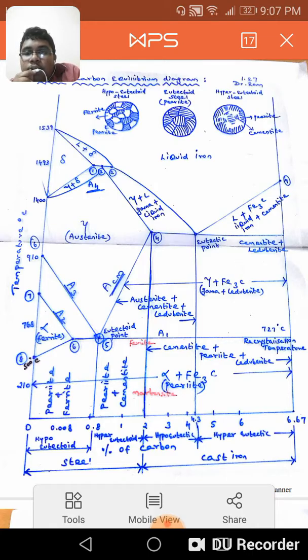This is for the steels, hypoeutectoid and hypereutectoid. Coming to hypoeutectic, from 2 to 4.3 it is austenite plus cementite plus ledeburite,